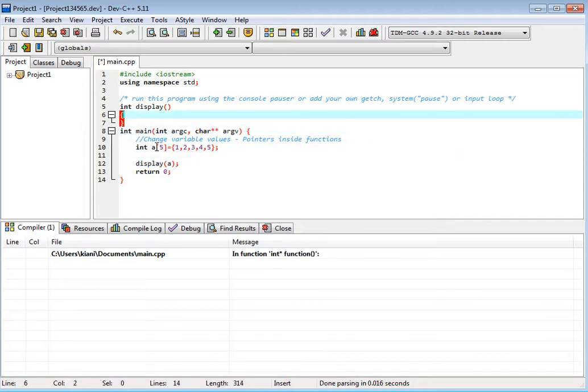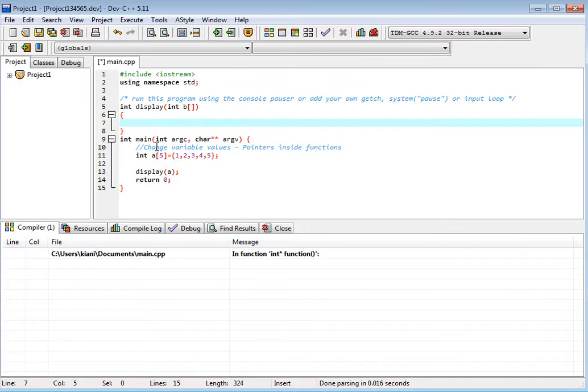Okay, so here we have an integer B array, and we see a for loop: integer I is equal to 0, I is less than size of B, and I plus plus.